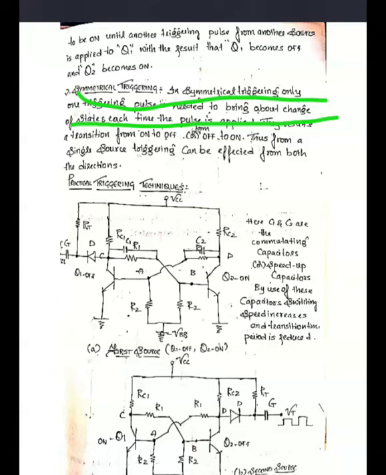So by itself it automatically adapts the required triggering output to the corresponding multivibrator circuit. That type of trigger circuit we call the symmetrical triggering. So in symmetrical triggering, only one triggering pulse is needed to change the state each time the pulse is applied. Okay, so let us look into a practical circuit diagram for the unsymmetrical.